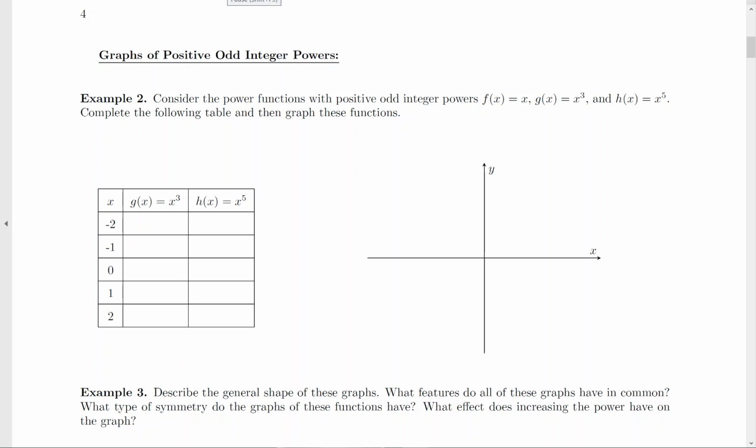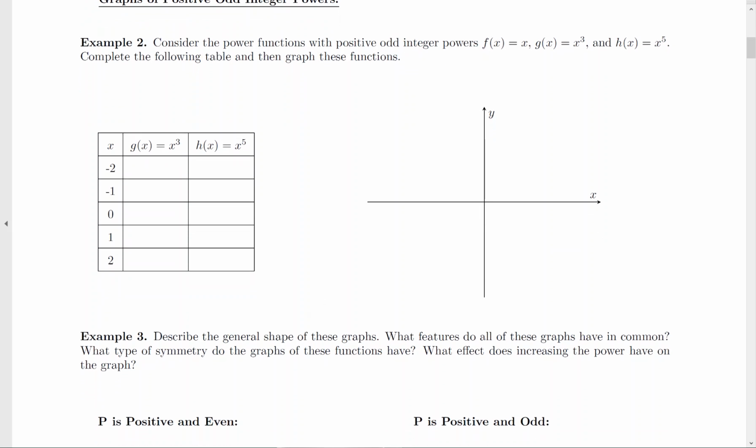These power functions have odd integer powers. So we're going to take a look at the functions f of x equals x, which we've talked about before in 130a, that's just a line. G of x equals x cubed, and h of x equals x to the fifth. So the powers are 1, 3, and 5 this time. To complete the table below and then graph these functions, we're going to have input values of -2, -1,